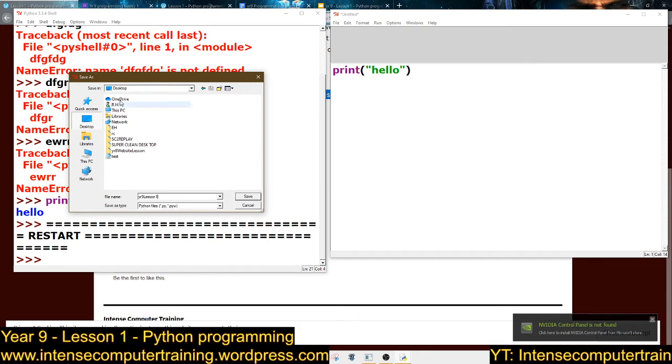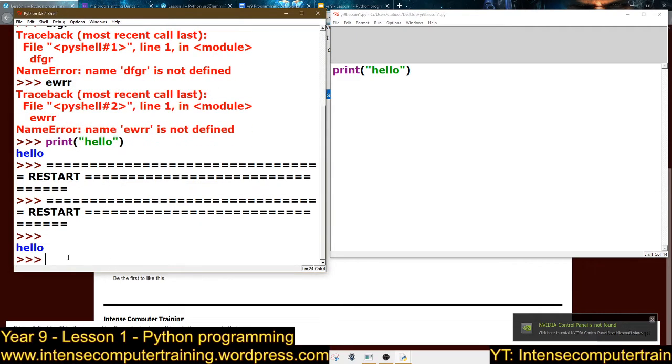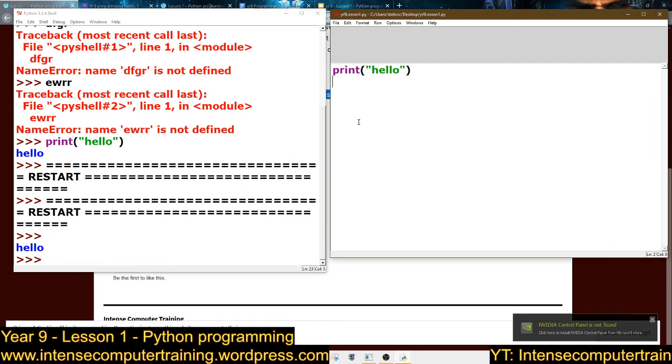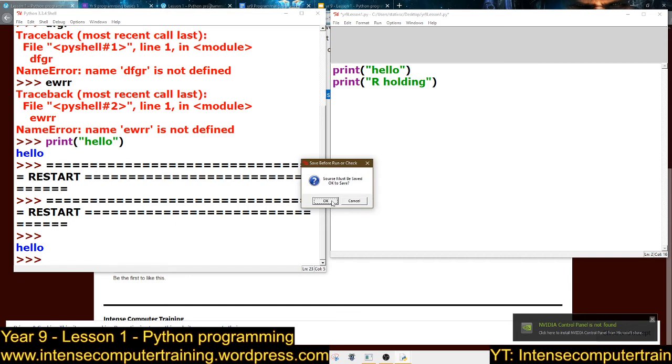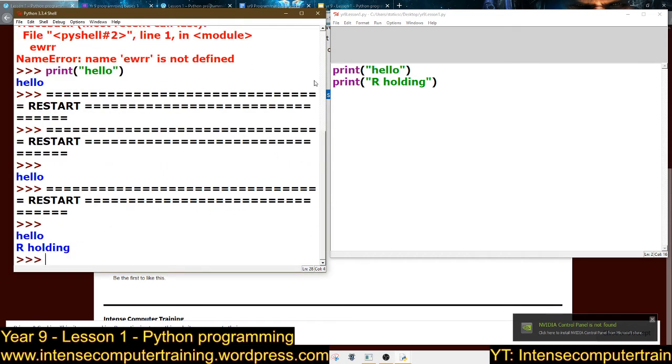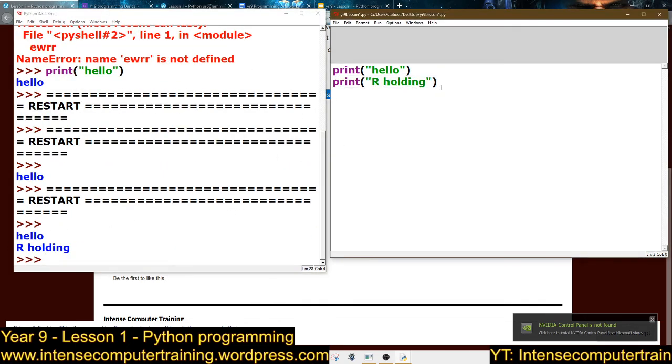I'm just saving my code to the desktop because I just want to be able to find it quickly if I have to later. Save, and then look, it does exactly the same thing. It puts it out to the screen. This is like your game screen, so to speak, like your monitor. This is the code. So if I go print and then put your name, there you go. If I now run that, if you just press F5, it says it needs to save it, it does it, and then it prints out both of those things. So we're ready to go now.